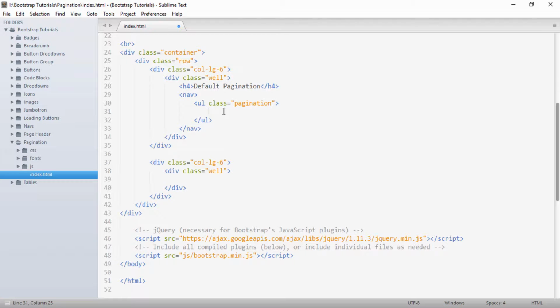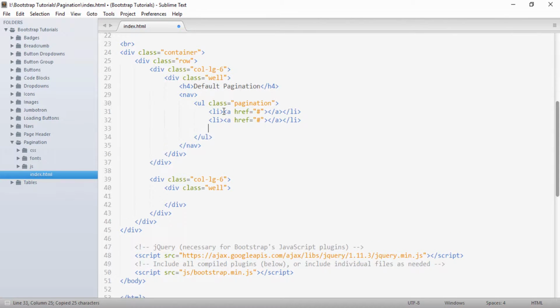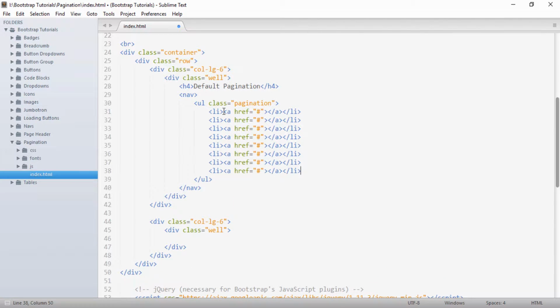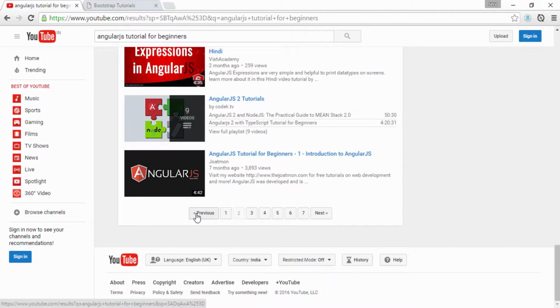Inside this, first we will create some list items. Inside the list item I will create an anchor tag, say I give it a hash, and I will copy and paste it a few times. If I go to YouTube again, you can see there is a previous button, and just before previous there is a double angle quote, and at the last there is a next, and just after that there is a right angle quote.